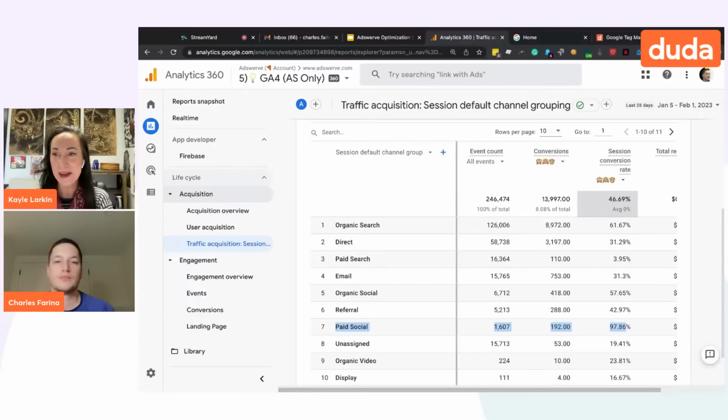If it's okay, I might just let you continue driving here because I think you already have one of the primary reports that people will be using up. Because a big question is like, if you're increasing traffic to the site, a lot of SEOs are focused on increasing traffic to the site, and you would use the traffic acquisition report that you have up.